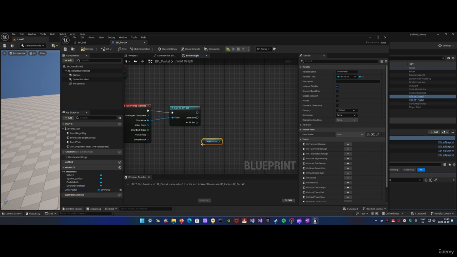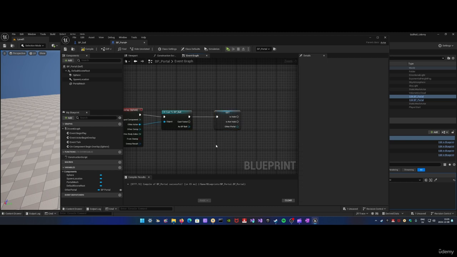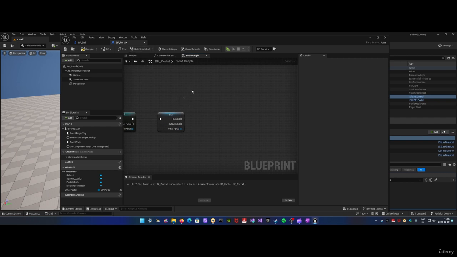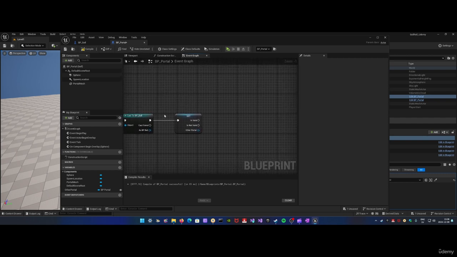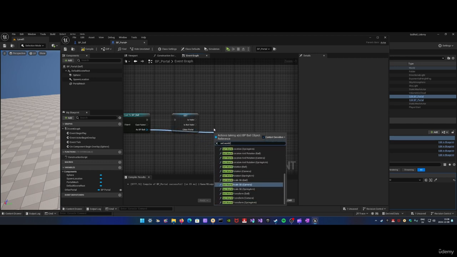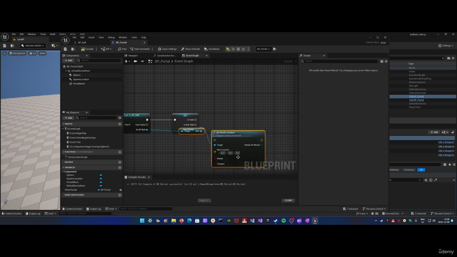So what we're going to do is drag out this portal here, as I just did. You can right click on it and choose convert to validated get. Okay. And if this is valid, we will come out here. So what I'm going to do is we are going to set the location of the ball. Set world location. If you search for set world location of the ball,